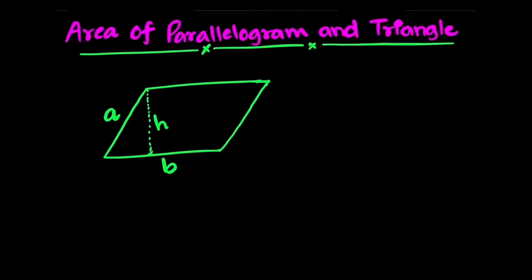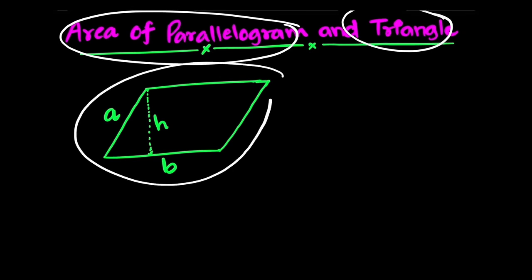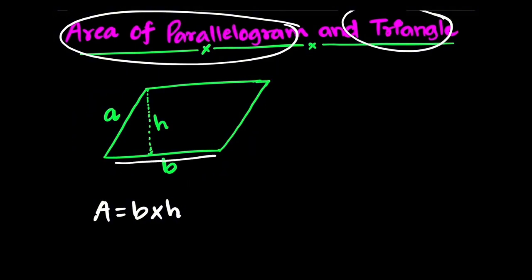Hello everyone, in this video let's go through the area of parallelogram and triangle using trigonometric ratios. So this is the parallelogram and we know the area of the parallelogram is given by base times height. So this side length is the base here denoted by b, while this dashed line denoted by h is the